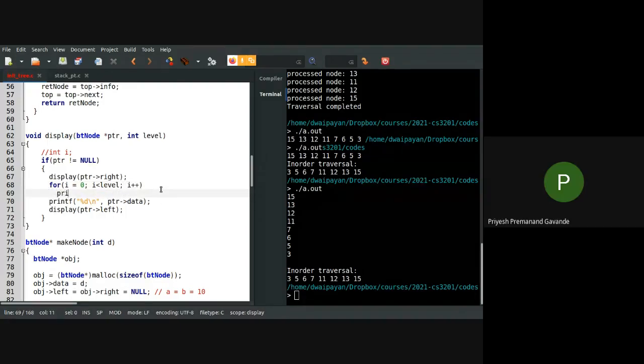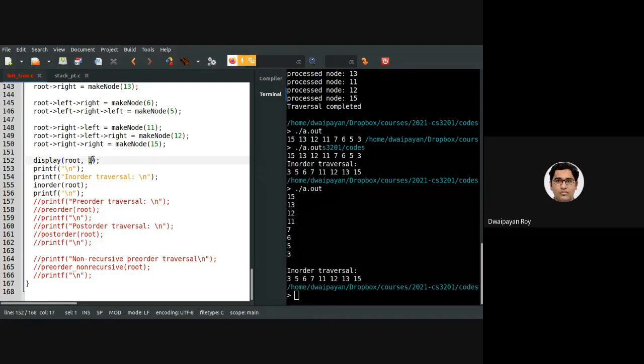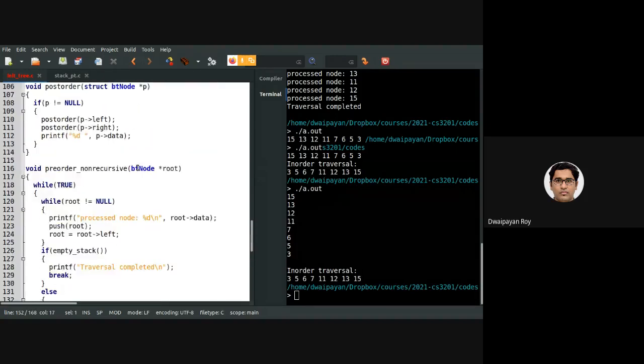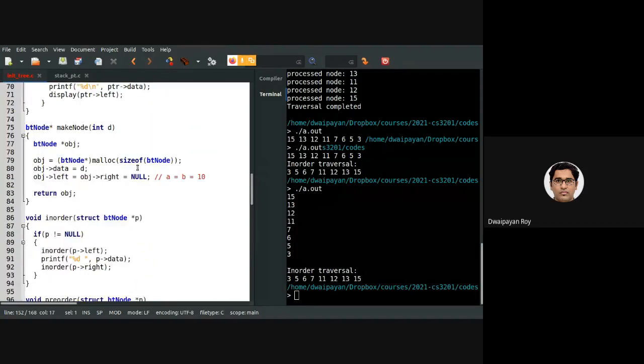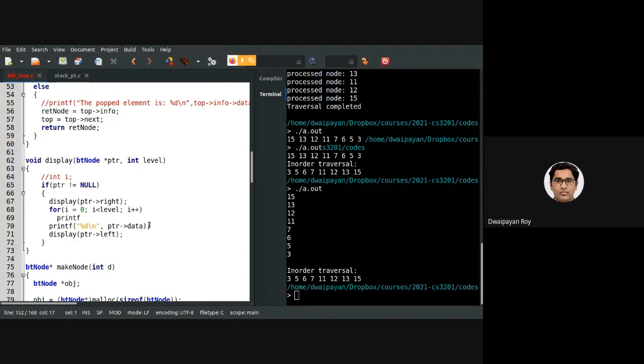Sir, when we are calling display in the display function, we also need to pass the level, the next level, right? Yeah, I'm passing one. Correct, you are absolutely correct. Yeah, let me go one by one. So with printf, I need to print spaces here, and then I should be printing the value. Now wait a second.